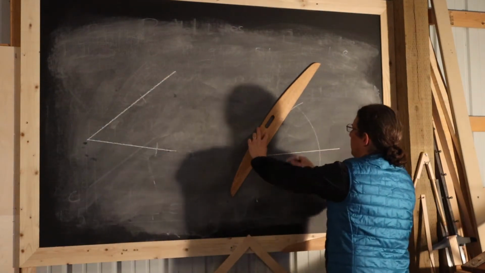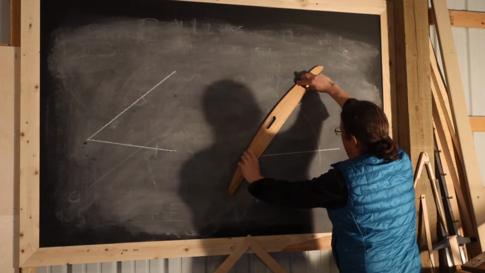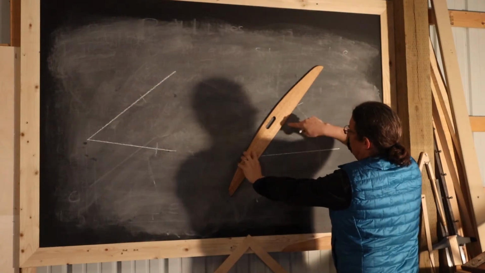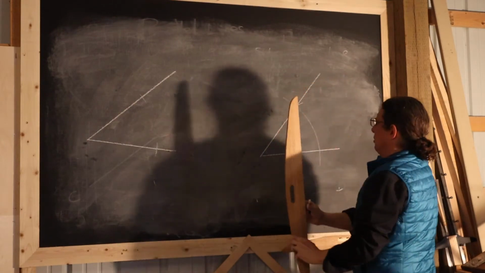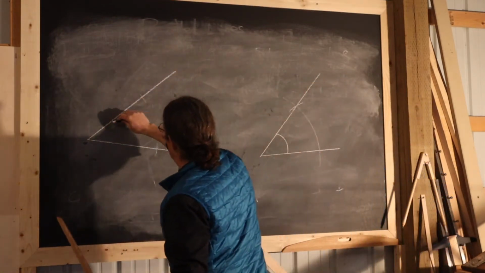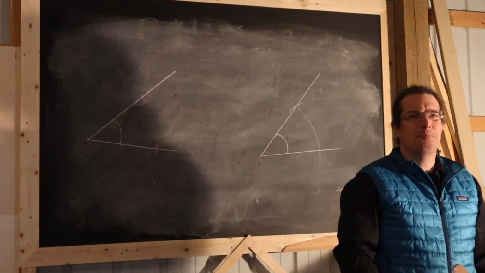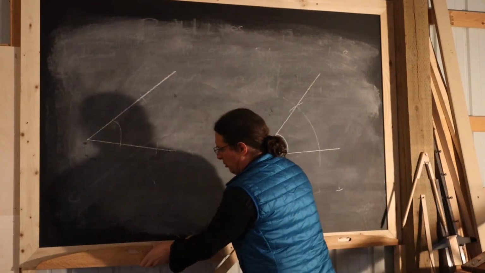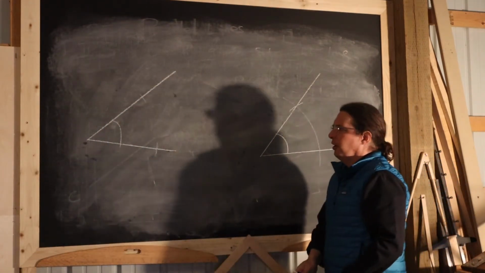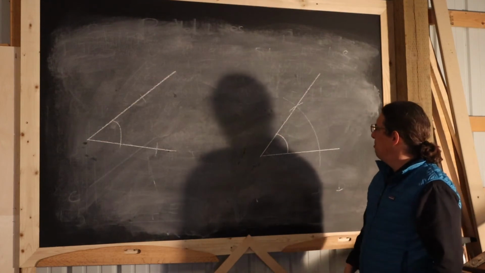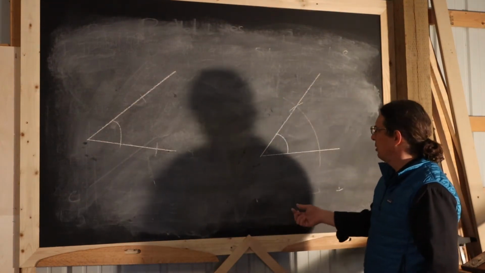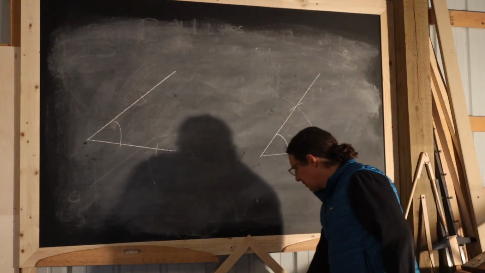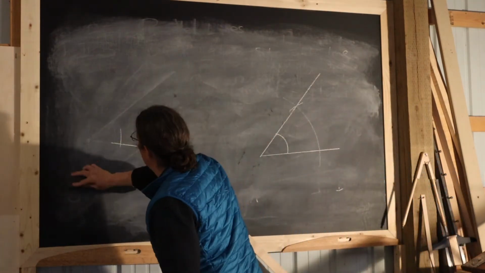Once I've done that, I can connect this intersection to this endpoint. And I've copied my angle. So that's the efficient approach, with a minimal set of additional marks that clutter up our diagram. So with that in place,